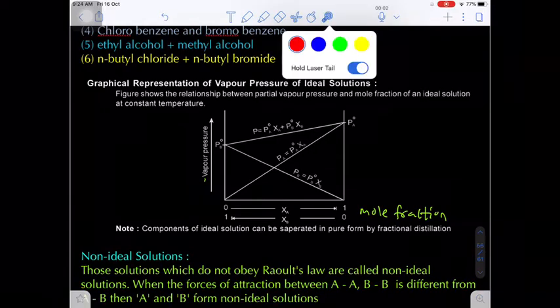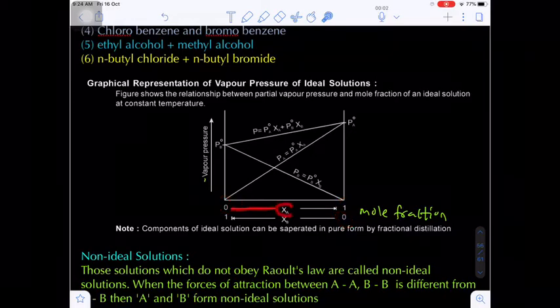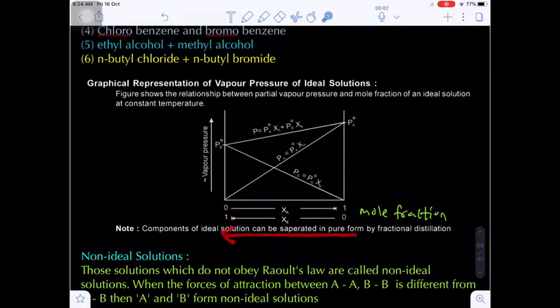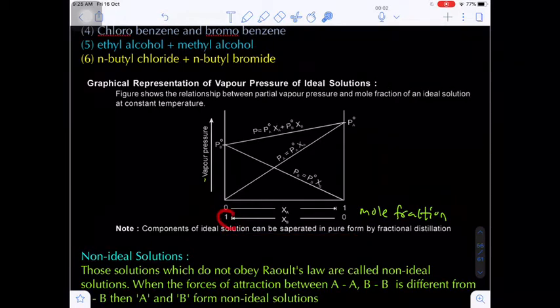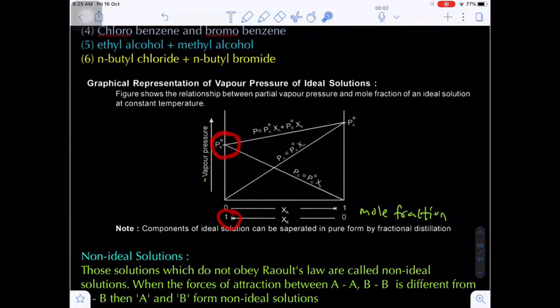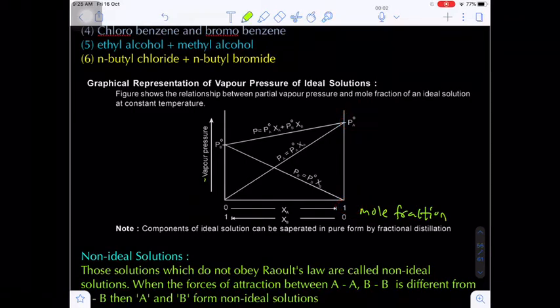Okay. Now we have two components, liquid A and liquid B. Let's suppose on the left-hand side liquid A mole fraction is 0, and on the right-hand side liquid B mole fraction is 0. That means as we move from left to right, the liquid A mole fraction increases to the maximum value 1. If you move from right to left, the liquid B mole fraction increases and reaches the maximum value 1. So on the left side only liquid B will be present, 100%. That's why we have only the pure component liquid B partial pressure, that will be P0B. On the right side we will have 100% of only component A. So that's why we have only the partial pressure of A, that is the pure vapor pressure of liquid A, that will be P0A.